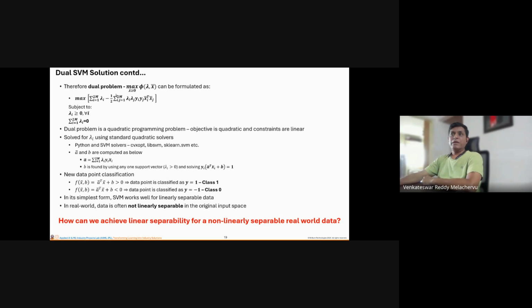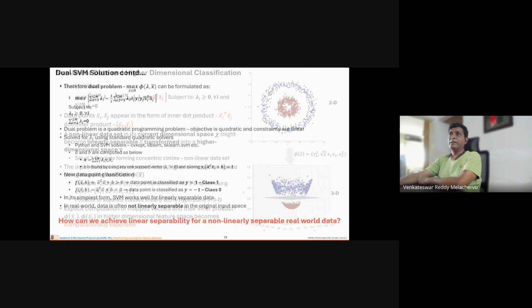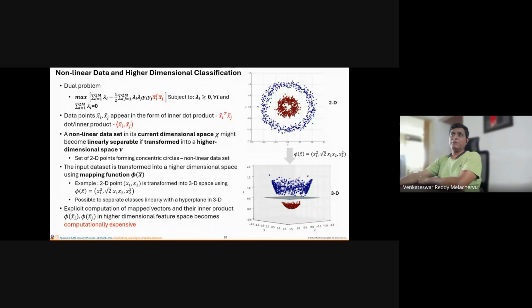And then, of course, we also looked at how we can use SVM to classify data which is not necessarily linear, which is a non-linear SVM. We looked at the notion that most of the data sets had non-linearity in their current dimensions, but when transformed into higher dimensions, it is possible that they may have linear separability in the higher dimension. That is the key notion behind the usage of SVM for achieving linear separability for non-linear data in the